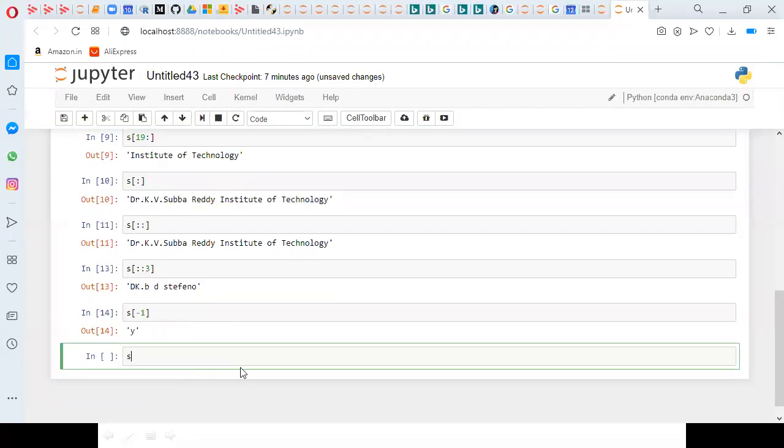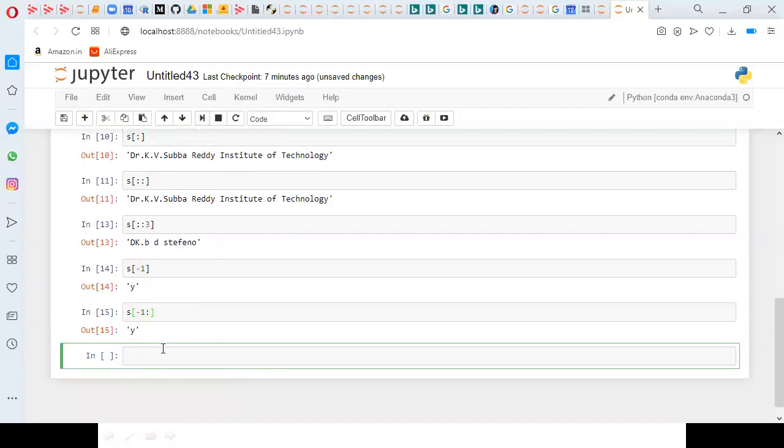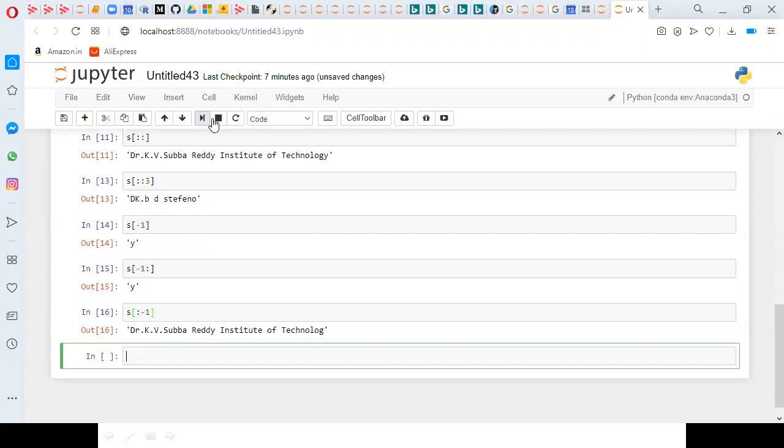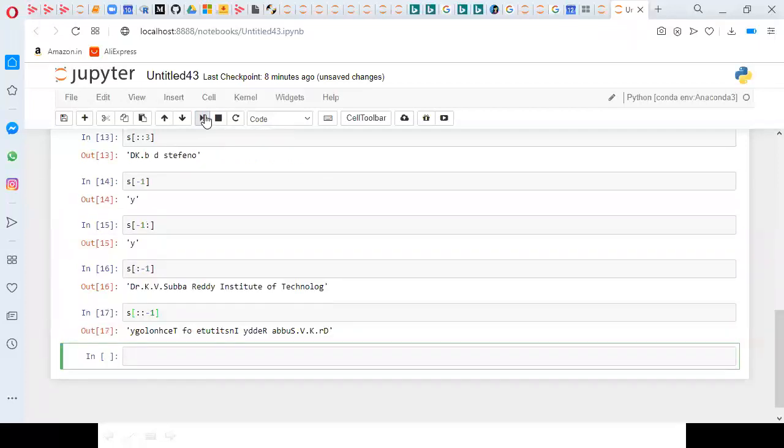Starting index is empty, stop is empty, and I mention minus 1: s colon colon minus 1.